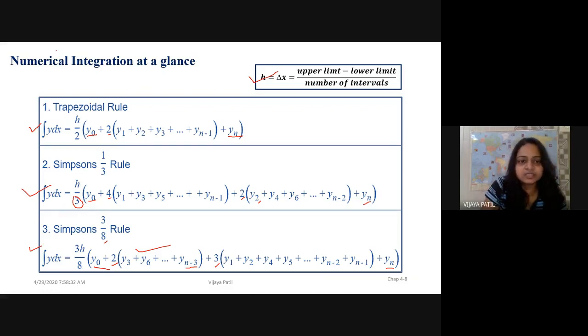So the middle point is n equals 6. It's not recommended, but you can easily say that if I keep n equals 6 and find my tabular values of the function at all the points, then I can find my trapezoidal rule, my Simpson's 1/3 rule, and even my 3/8 rule. So it's very important to understand all these formulae and approximate the given integral. I hope you have understood numerical integration, Simpson's rule, trapezoidal rule, and the 3/8 rule.